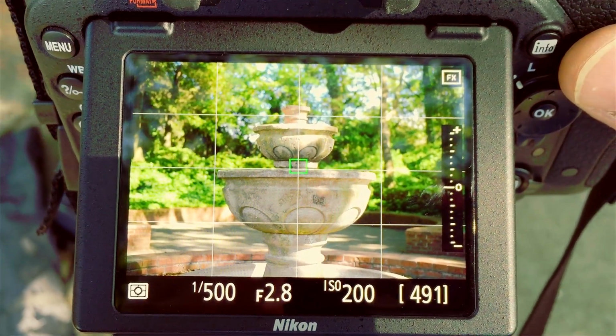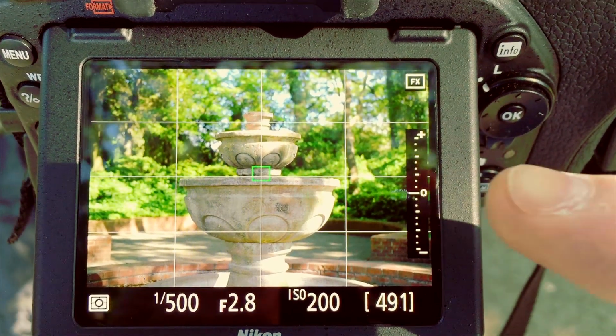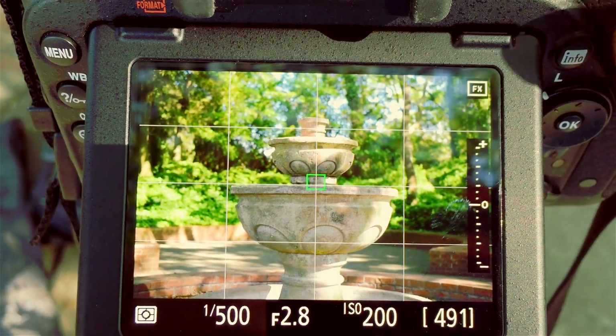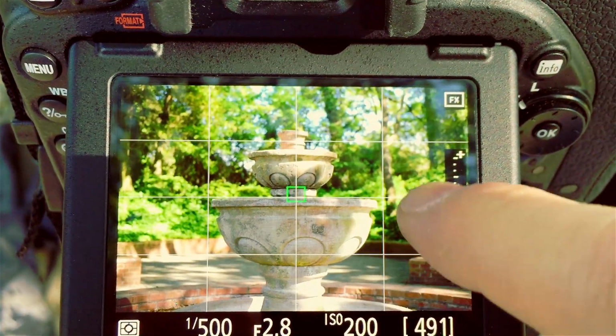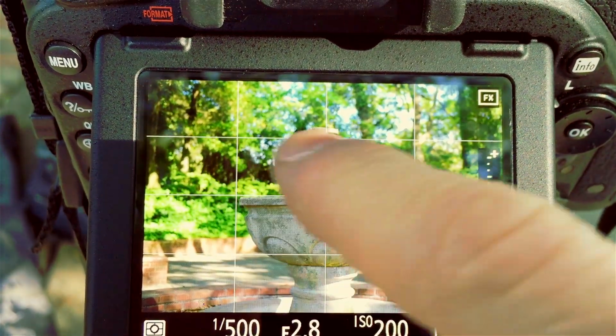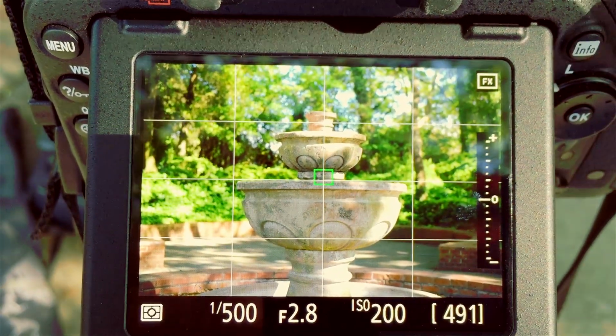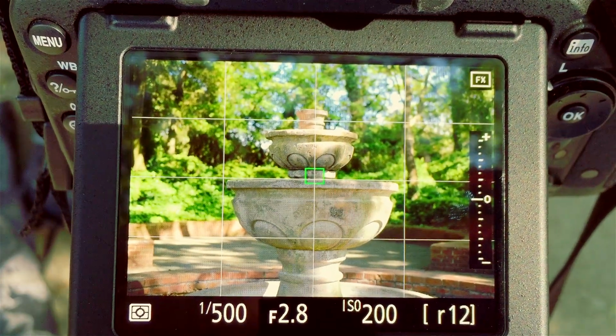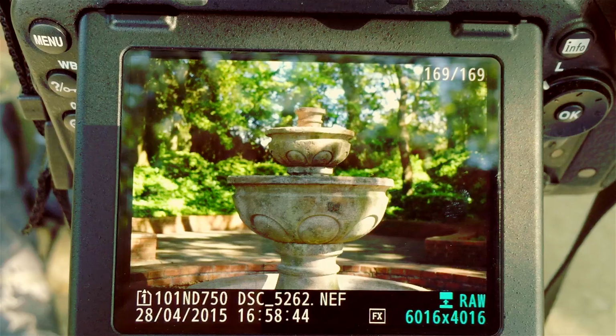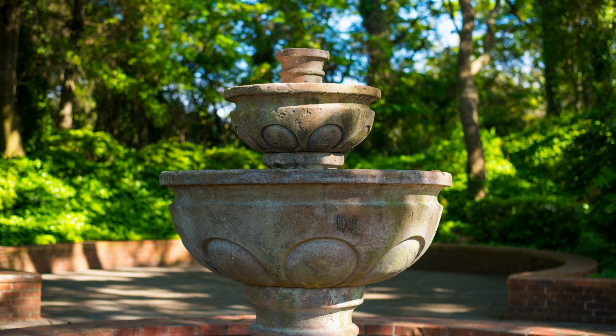If you'll notice, the depth of field is pretty large. I mean, it's not the greatest in the world, but it's definitely a lot larger than what you're about to see with this next lens that I'm shooting here. Alright, so I'm going to go ahead and take a picture. Alright, as you can see here, this was straight out of the camera. Fairly large depth of field.